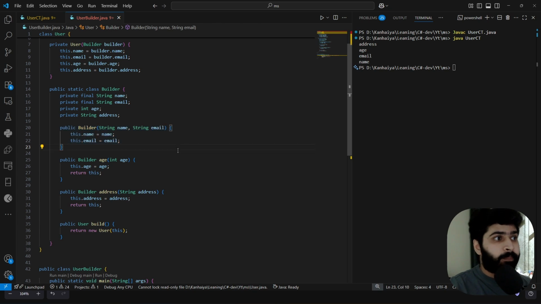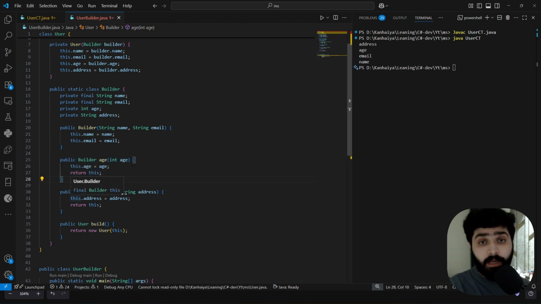Okay, so then we have our age and address. We are getting the name and email and just assigning them to these variables, and these are final, so we cannot change them. Then for age, we have a method called age where we assign the value and return this instance.